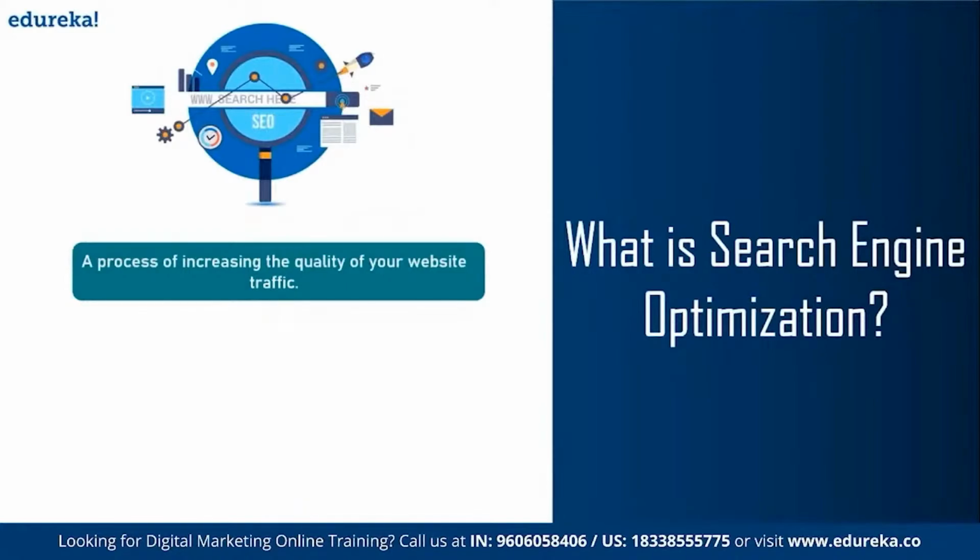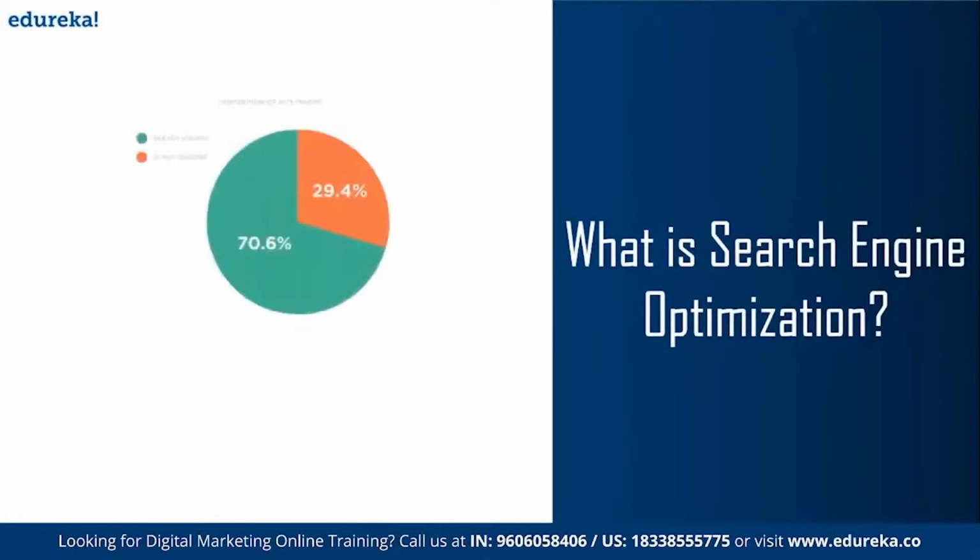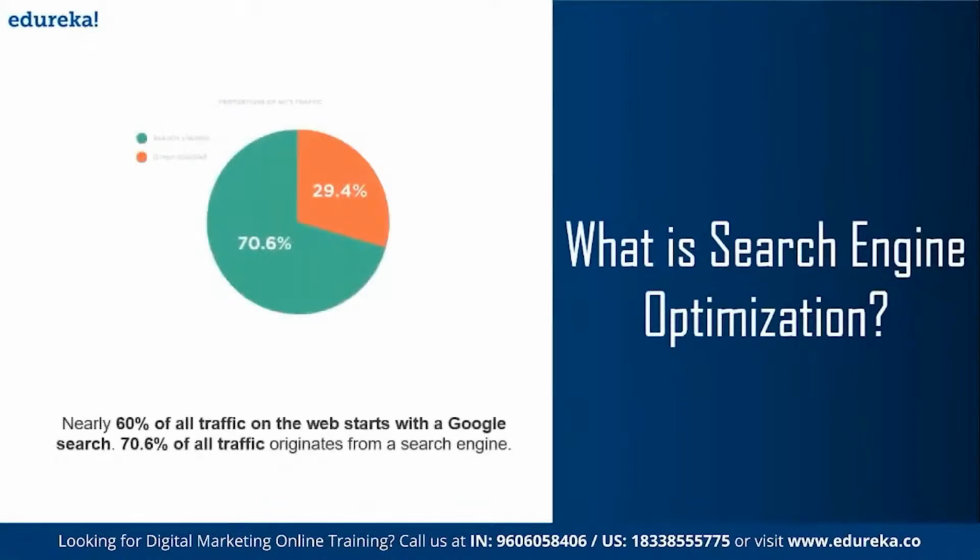On the search results page, on an average, about 10% of the clicks happen on the ads and 10% on the next page link that you see at the bottom of the Google page. Now, a good wholesome 30% happens on the first result that pops up. That is why brands and websites are constantly trying to optimize their pages to be amongst the top 3 search results. For most publishers, 70% of their traffic actually comes from search.